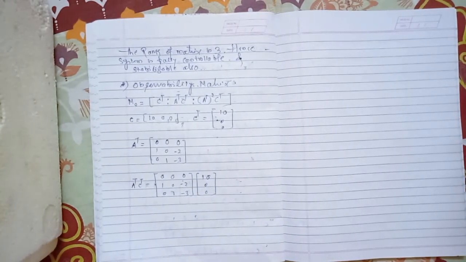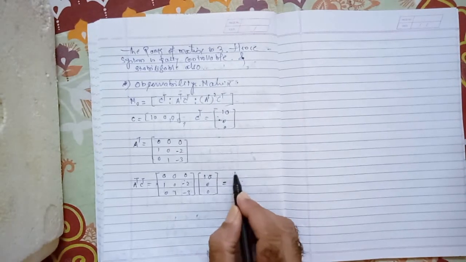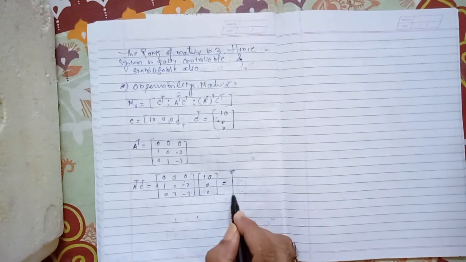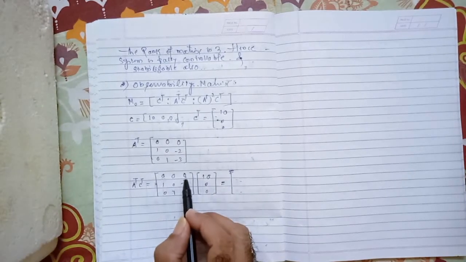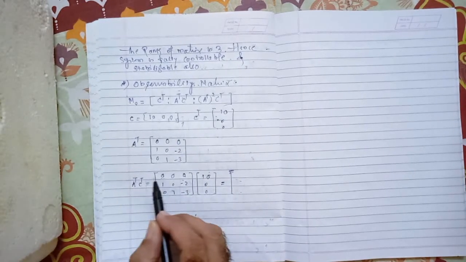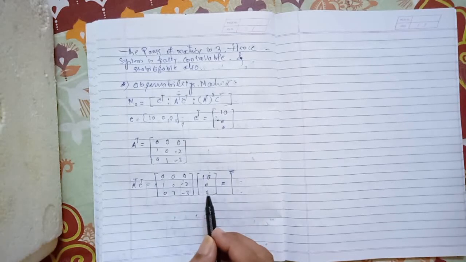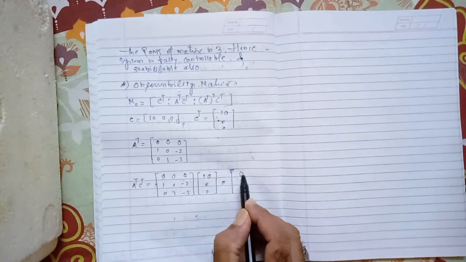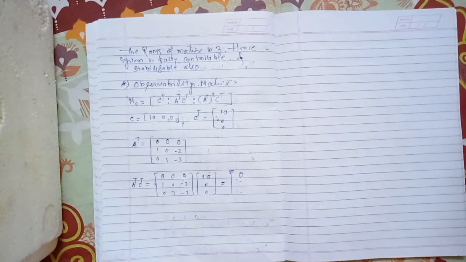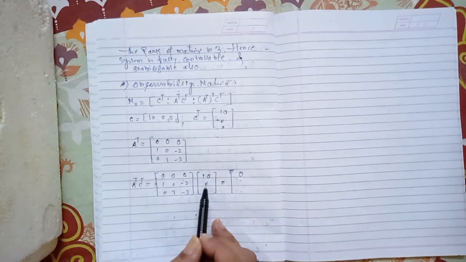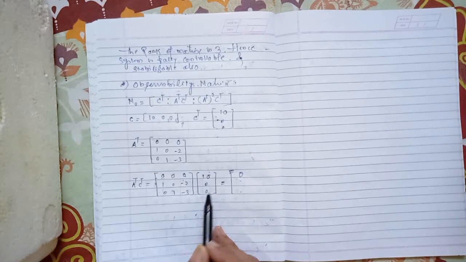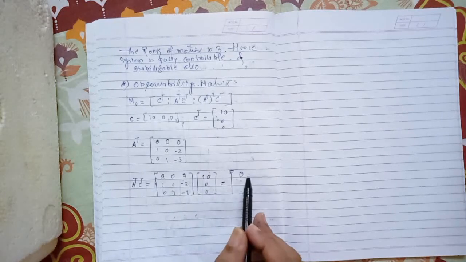This is 10 0 0. Now it is equals to, now we will find all these are 0, and if we multiply this, all first row is 0 0, and if we multiply to this column, naturally my first value becomes 0. Because 0 multiplied by 10 is 0, 0 into 0 is 0, 0 into 0 is 0. So 0 plus 0 plus 0 is equals to 0.